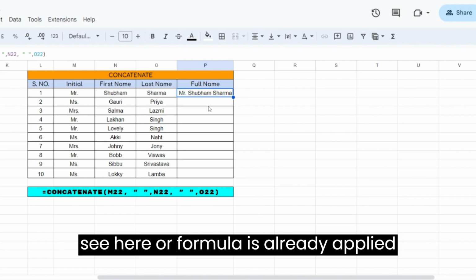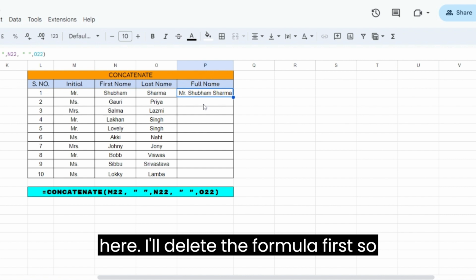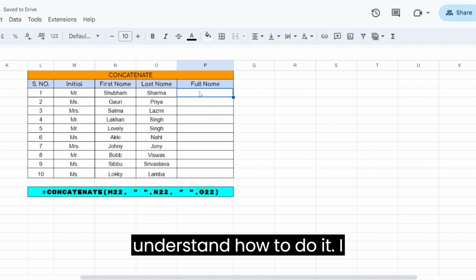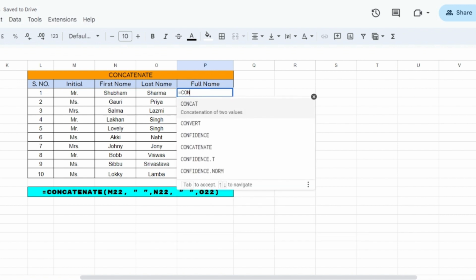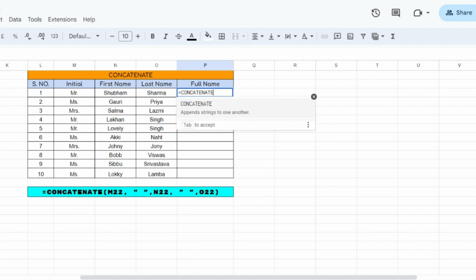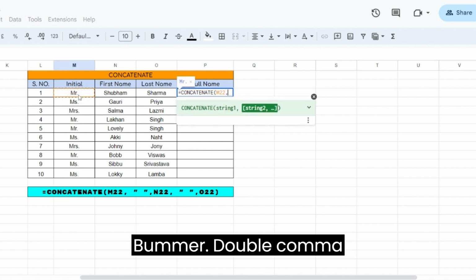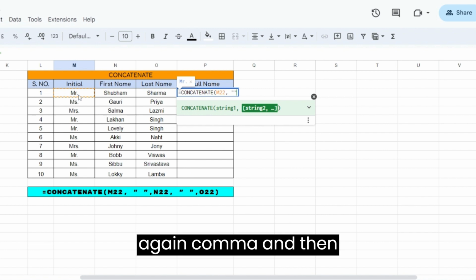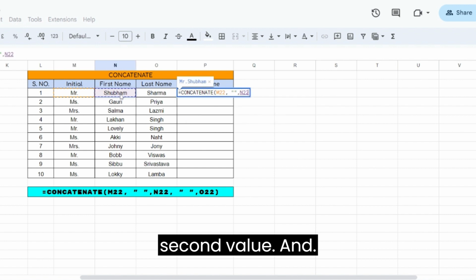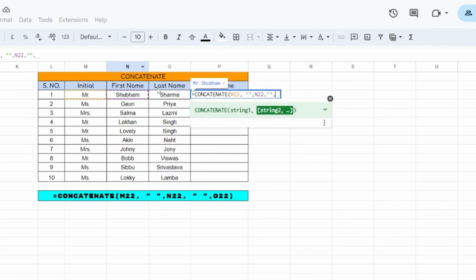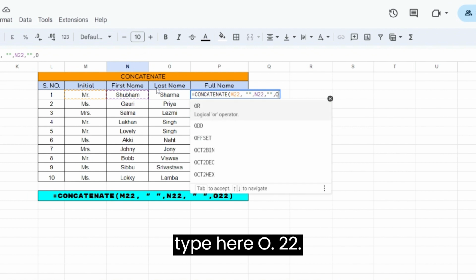You can see here our formula is already applied. I'll delete the formula first so that I can make you understand how to do it. I type here equals CONCATENATE. In the bracket I select the value, comma, double quotes, again comma, and then the second value, the cell value O22. Again comma, and then again I'll put double quotes. I'll type here O22